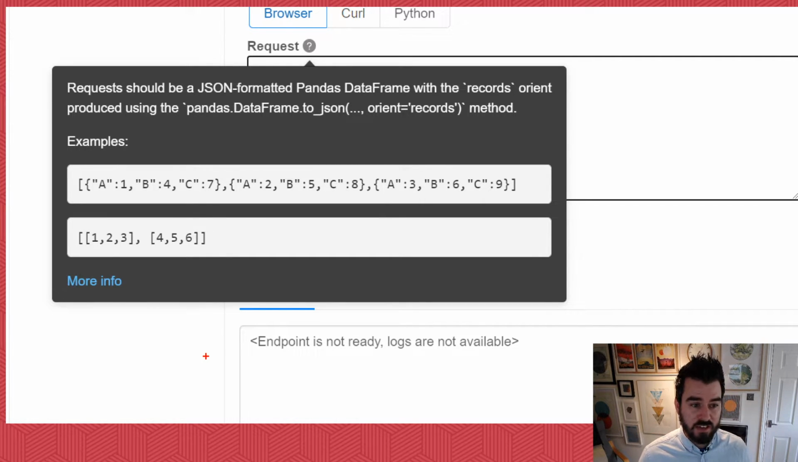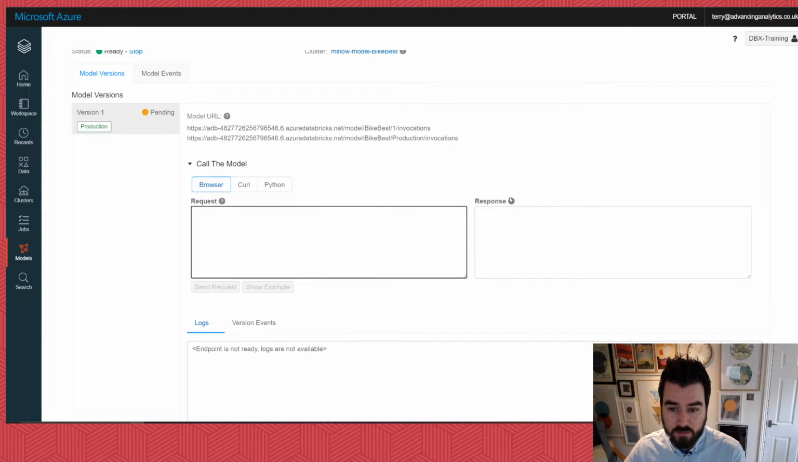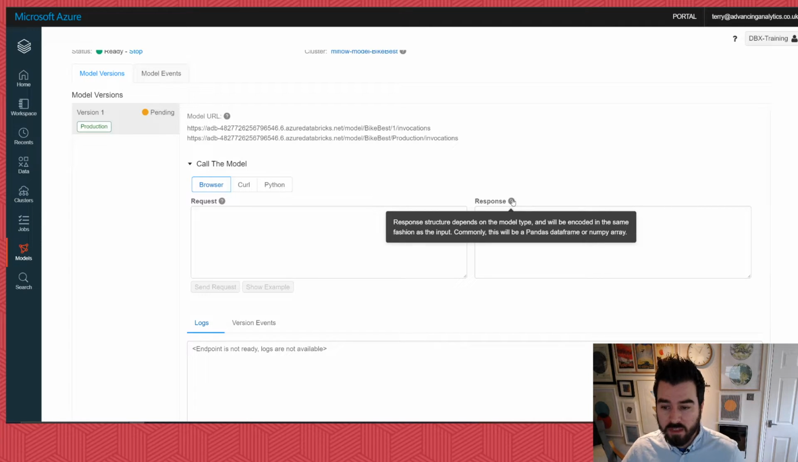And you've got a couple of examples right here. You can choose to say, right, I'm going to pass in the full schema there of A1, B4, C7, and then an array like that, or presumably you can do it without actually expressing the schema of the file. And then from a response, we're going to get that structured. The response is structured depending on the model type, and we encode it in the same fashion as an input. Commonly it's a pandas data frame or a NumPy array,